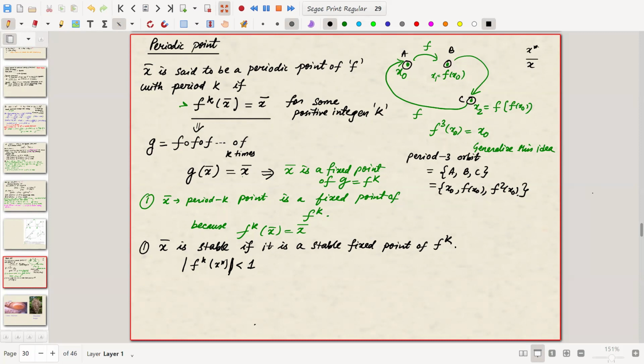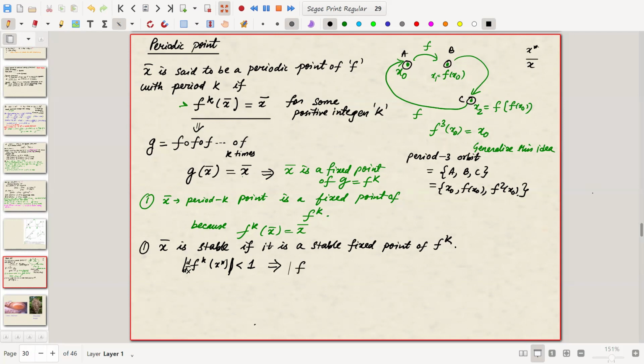Tell me. Any ideas? You can use the chain rule. You are taking the derivative d by dx of this quantity, and it is less than 1. Using the chain rule, convince yourself